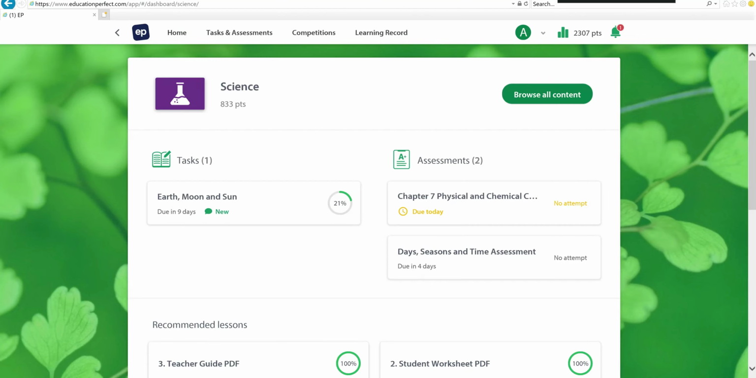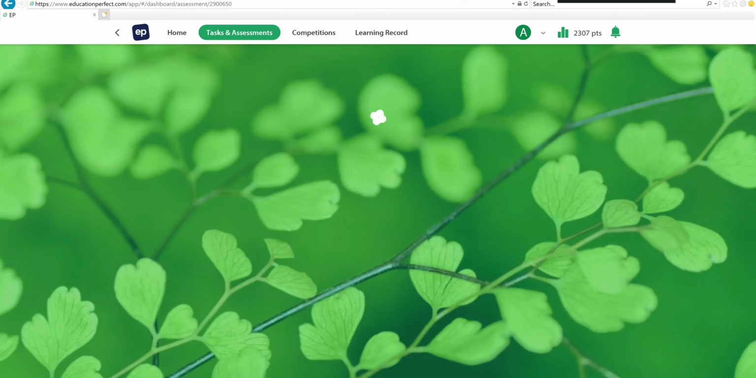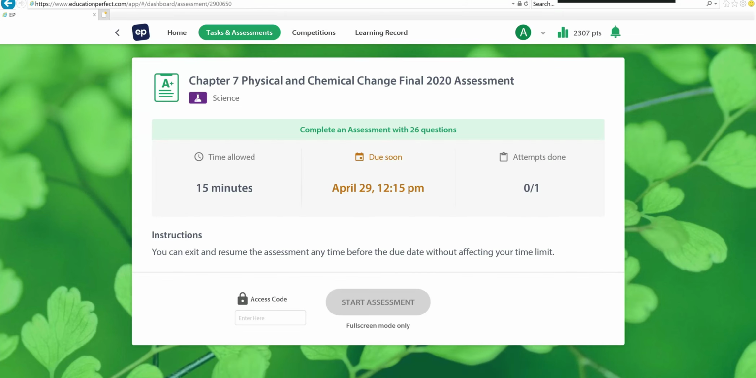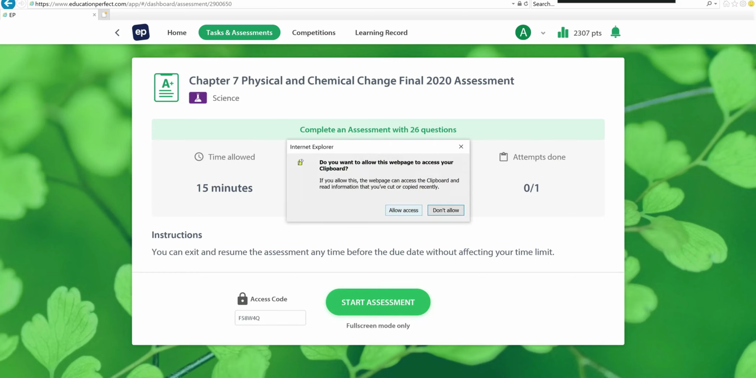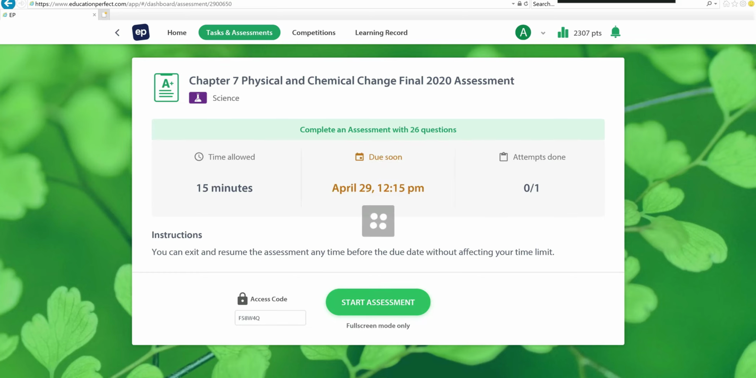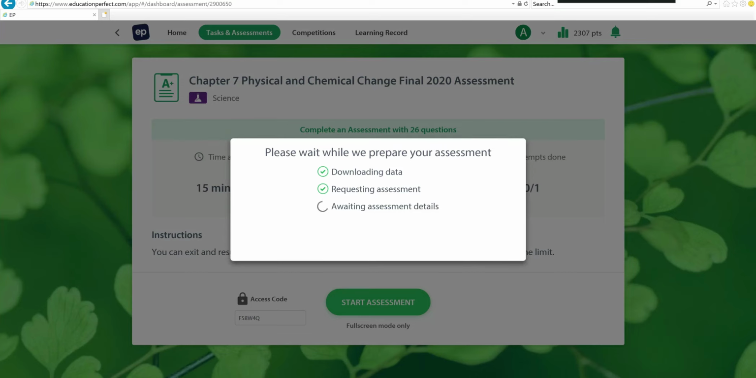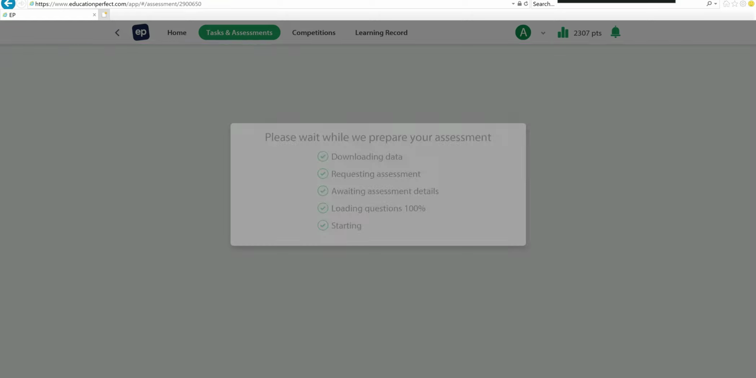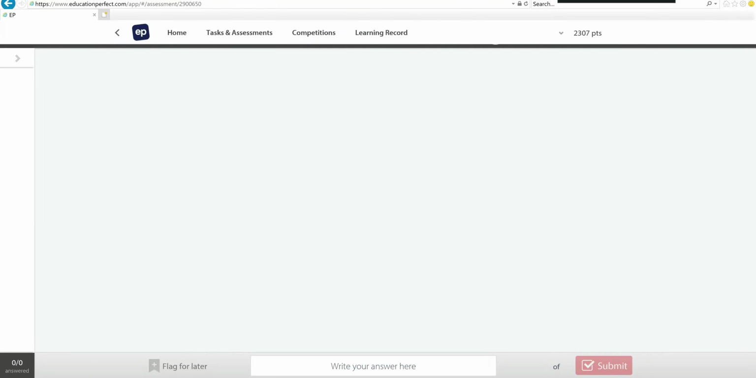So if that student clicks on science, under assessments, she'll be able to see the task that you have assigned her. It'll show up with the time allowed and ask for an access code. They'll paste that access code in there and then start assessment. All right, so once they have started that assessment, if you had enabled full screen monitor mode, it will go